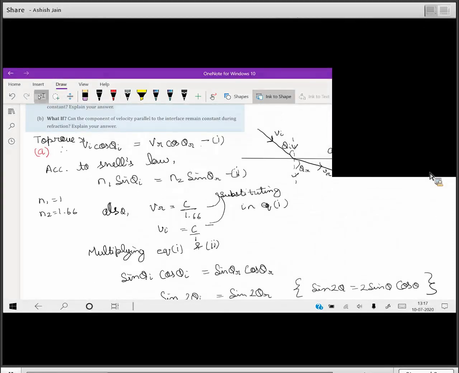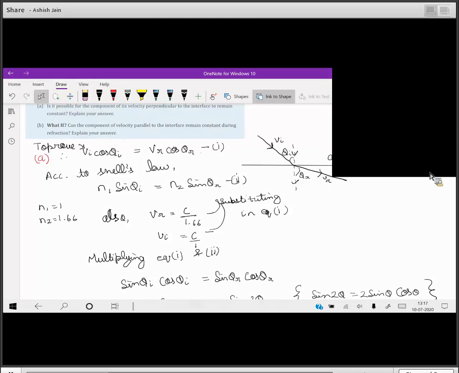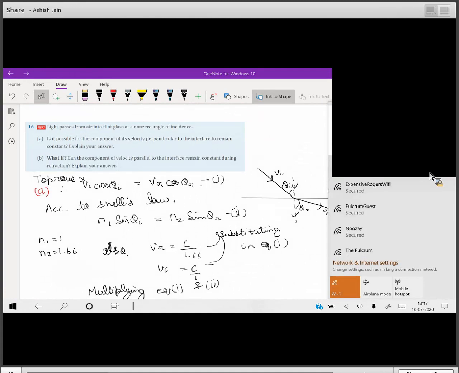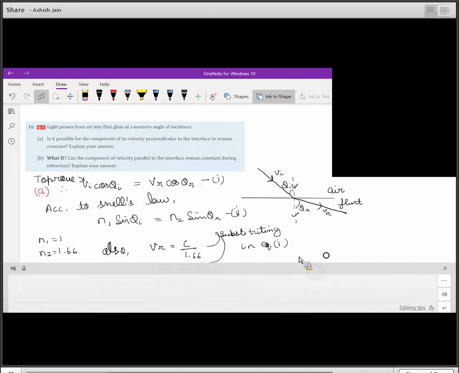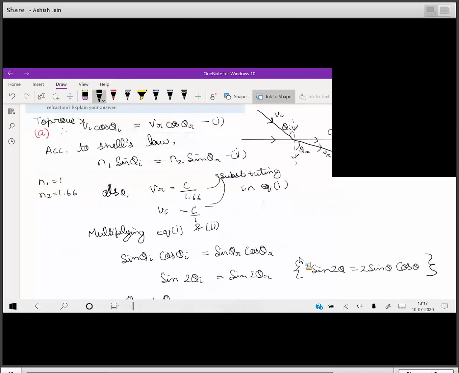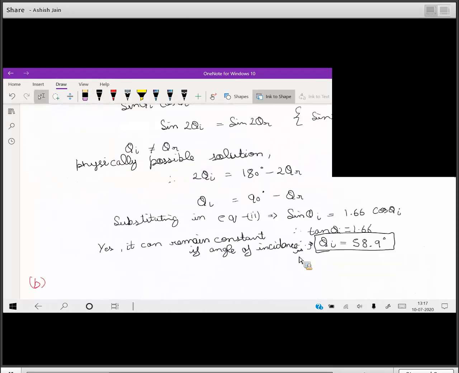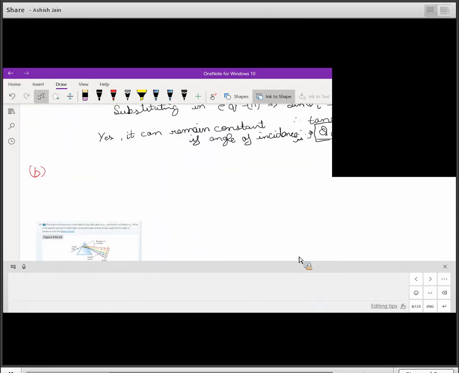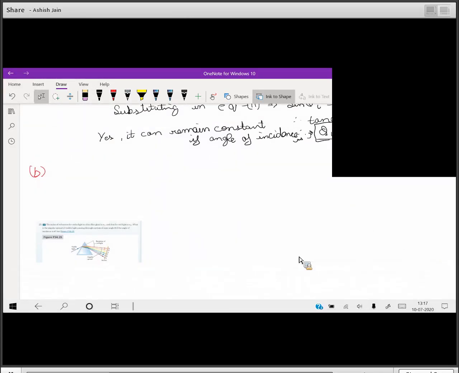Can the component of velocity parallel to the interface remain constant during refraction? Explain your answer. So now they're asking about this component, the component parallel. So can it remain constant? No, it cannot, because